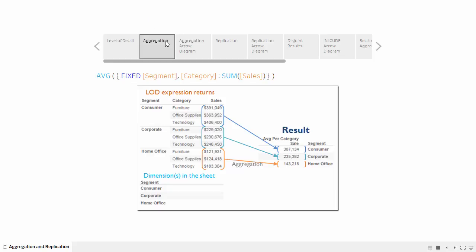If the LOD expression's results are more granular than the view LOD, such as in this example, the values from the LOD expression are aggregated to create the view. Here, the LOD of the view is simply segment, but the LOD expression was fixed at a more granular level of both segment and category. The LOD expression's values for each category are aggregated into a single value per segment to be displayed in the